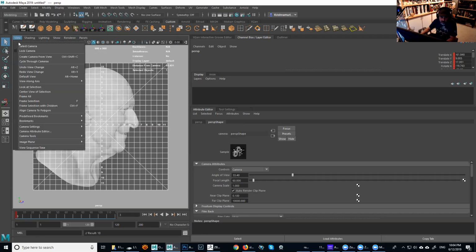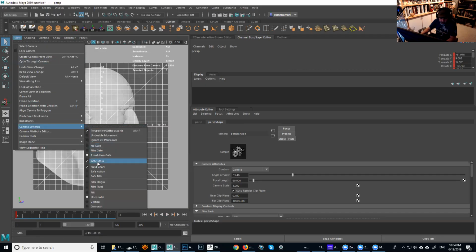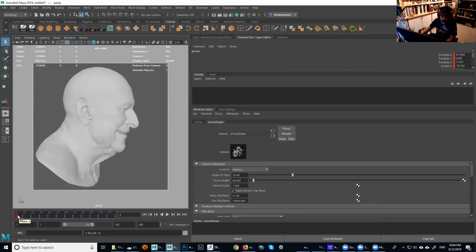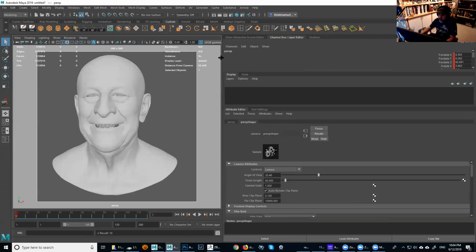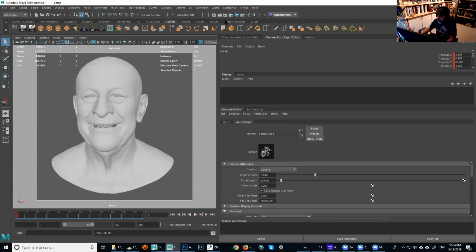So I'm gonna turn it off for now because it gets annoying if you are actually trying to navigate. So the field chart's gone now. And now let's bring some light in here. Let's go through some of the basics of Arnold for lighting, which is basically, the menu is right here. So if you go to Arnold, you're gonna have access to all this stuff.